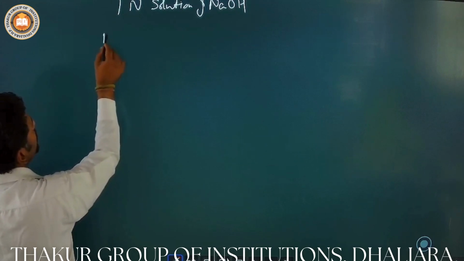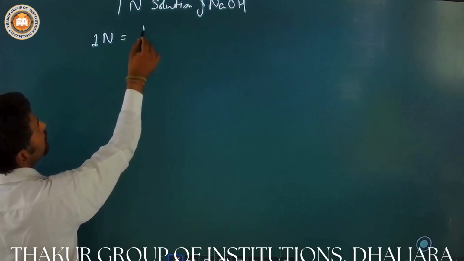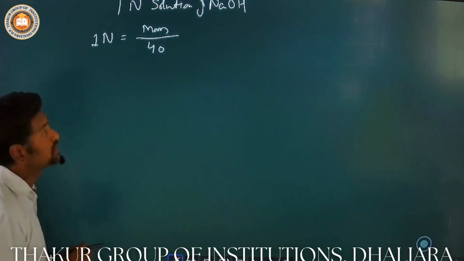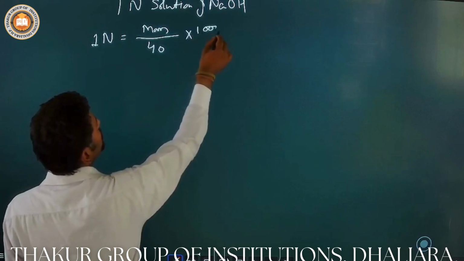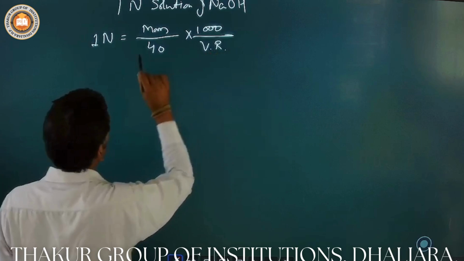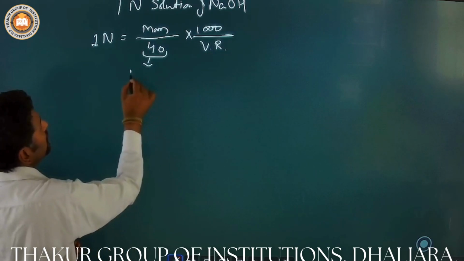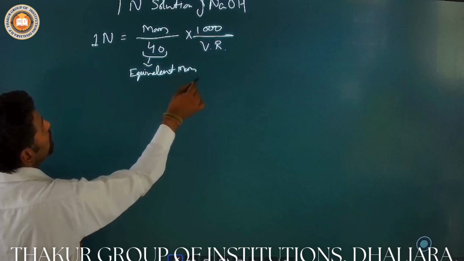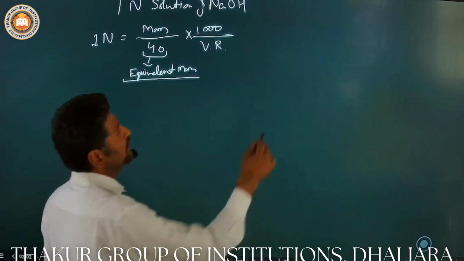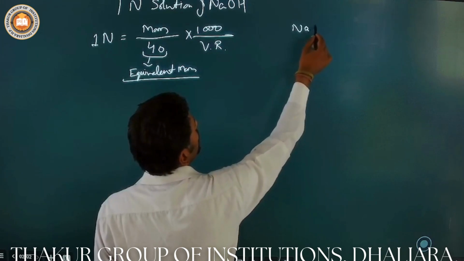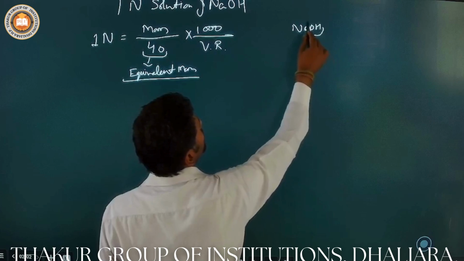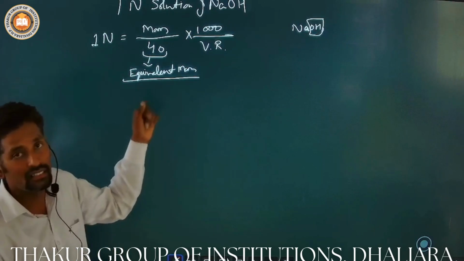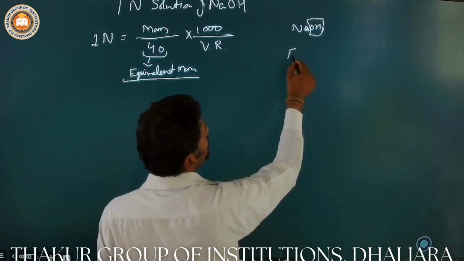That means normality is equal to mass upon molecular mass, and 1000 upon volume required. Sorry, in this case we have the equivalent mass, not the molecular mass. In the case of NaOH, as only 1 hydroxyl ion, OH, is there, acidity or basicity in this case is 1. So therefore its equivalent mass will be again,